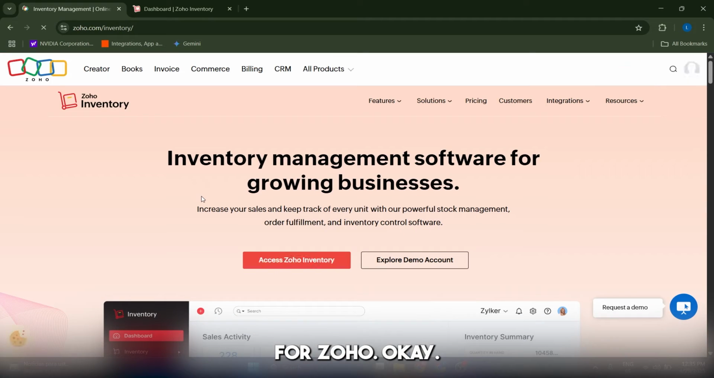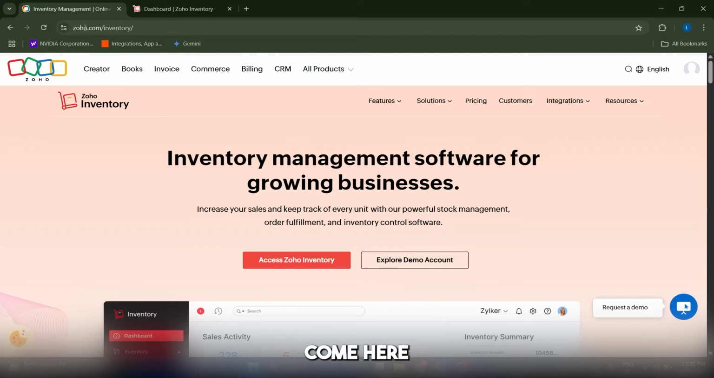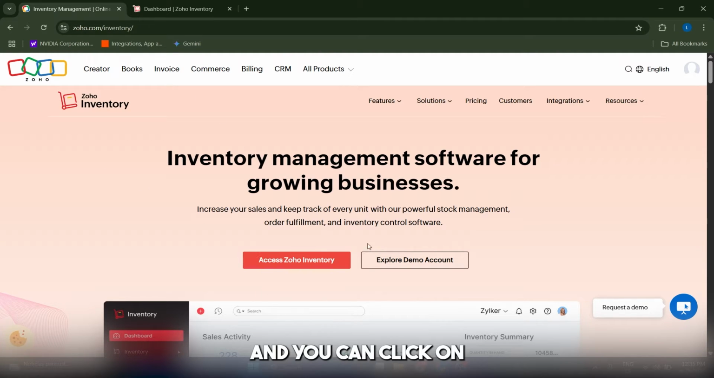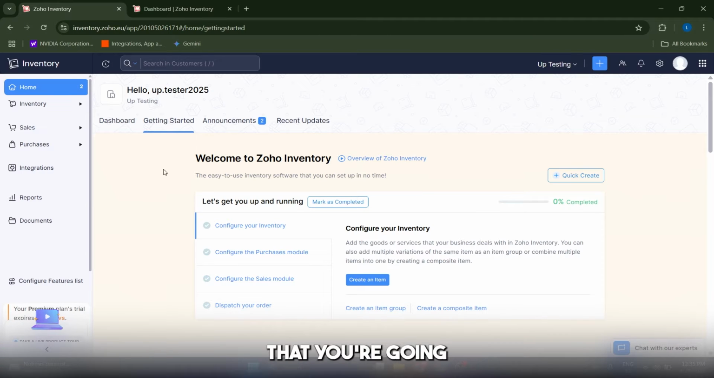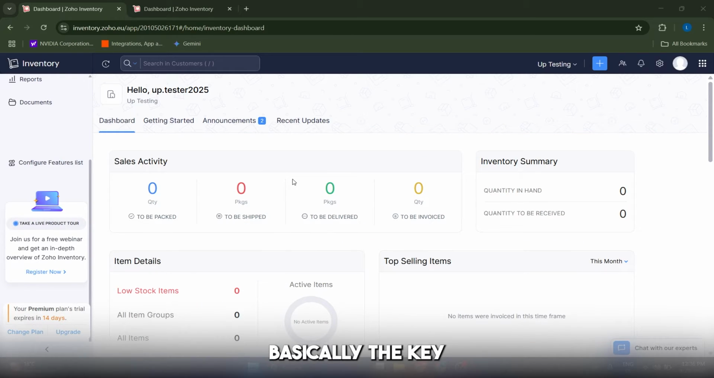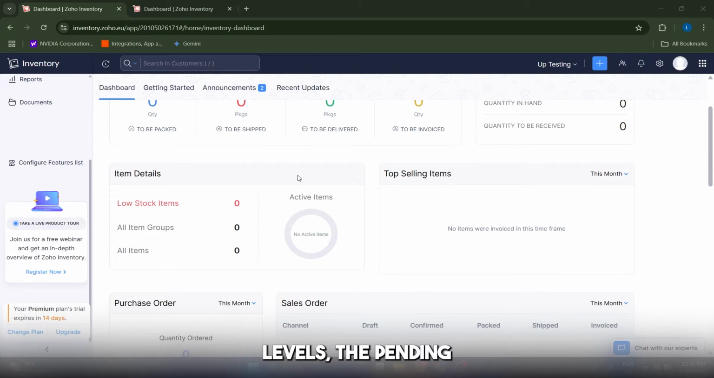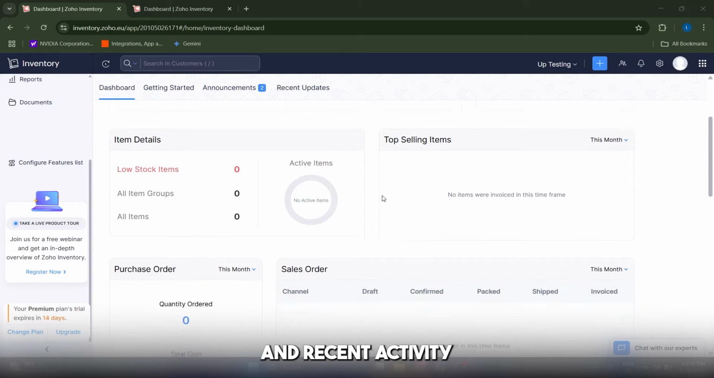for Zoho. Okay, so you can just come here to zoho.com and click on either Get Started or Sign Up or any other similar button. In my case, I already have an account, so I'm just going to click on Zoho Inventory. Keep in mind that you're going to have a 14-day trial. And regardless of whether you have a trial or not, some features are going to be free. Here you can see basically the key metrics, the stock levels, the pending orders, the reorder alerts, and recent activity